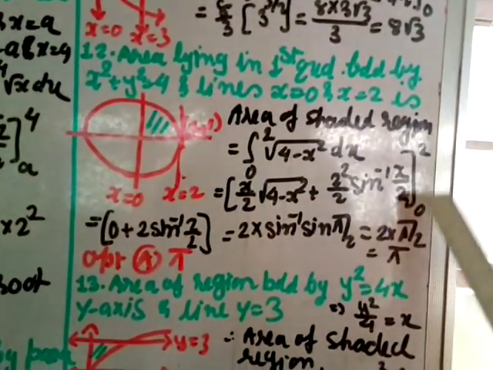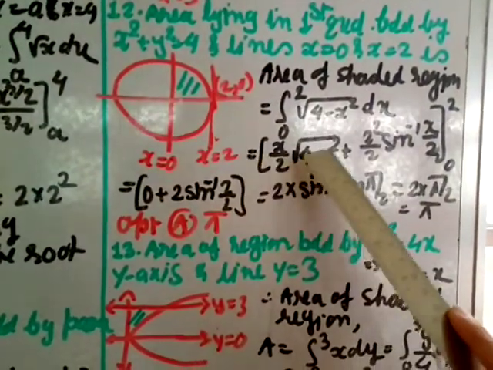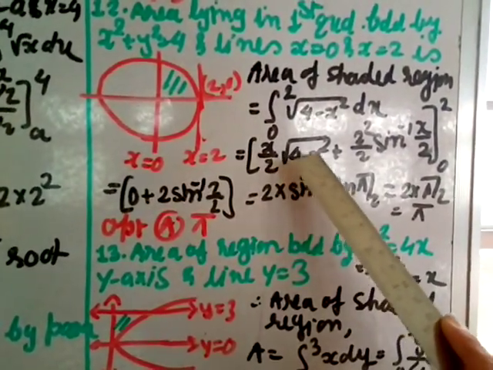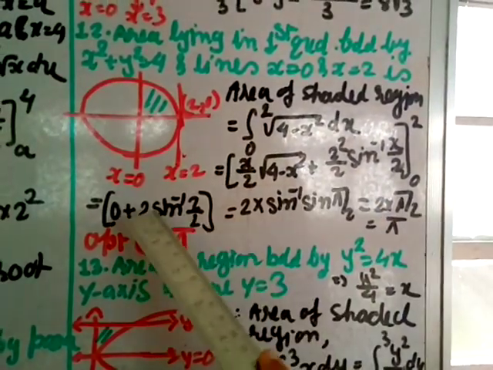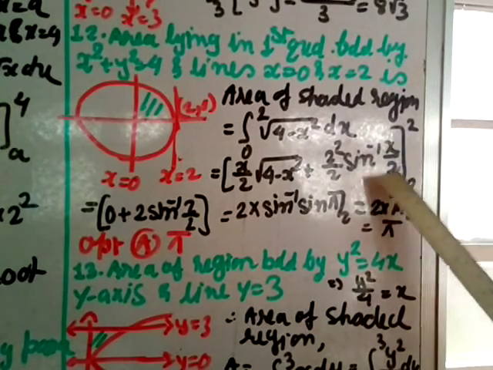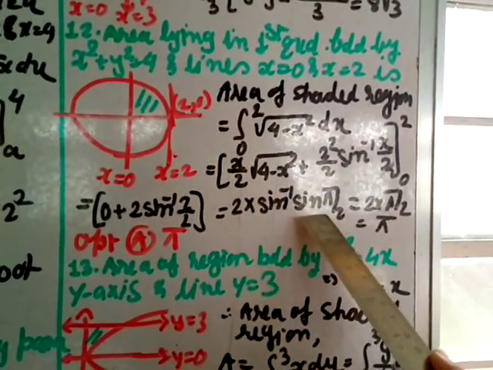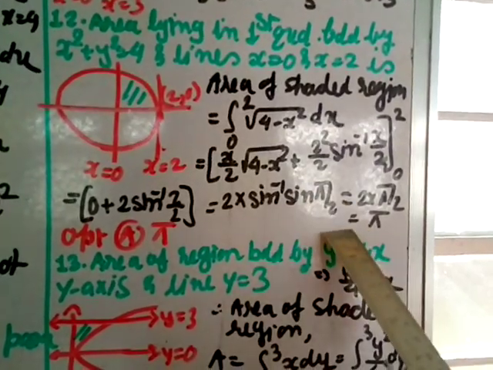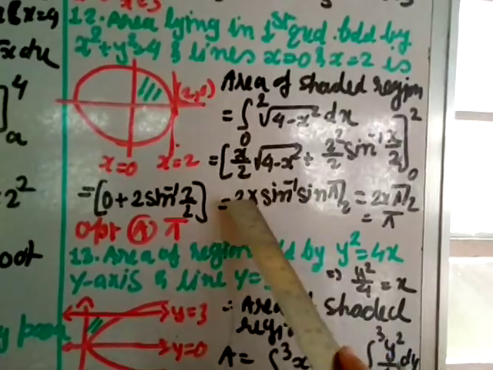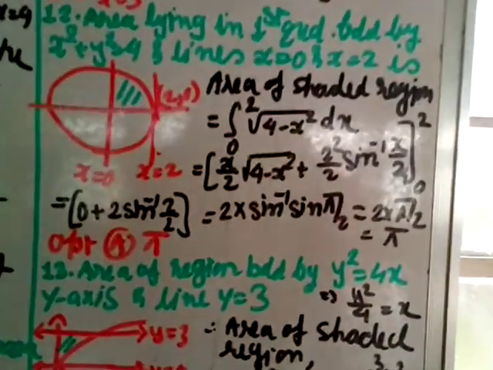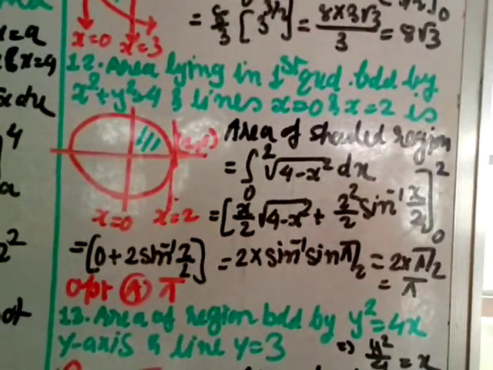0 to 2. When you put 0, both will cancel. So I have to put only the upper limit. When you put the upper limit here, again this part will become 0. 2 square is 4, 4 minus 4, 0. So here I only have to put 2 square by 2, so it gets 2. Here you put 2 by 2, so it gives you 1. So when you get 1 in sin inverse, you have to put the value of sin which is 1, that is sin pi by 2. Sin inverse sin, so pi by 2 remains, and here 2 remains. So 2 times pi by 2, you get pi. So that is the correct answer, and the option is A, pi. So pi unit square is the answer for question number 12.